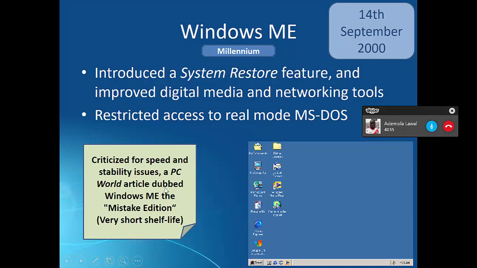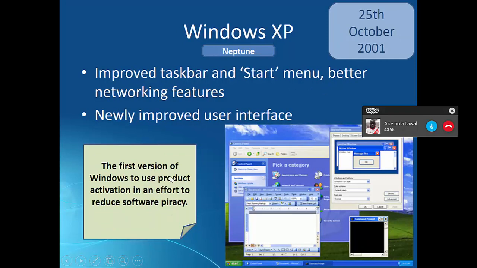I'm moving on to the Windows XP, which was tagged the strongest of all the Windows OS. It has improved software and start menu and also better networking features, and also had a very good GUI. The graphical interface was just very cool. And in comparison to others, it was the first Windows to use a product activation key so that it was going to reduce piracy issues. Windows XP was the first Windows to have